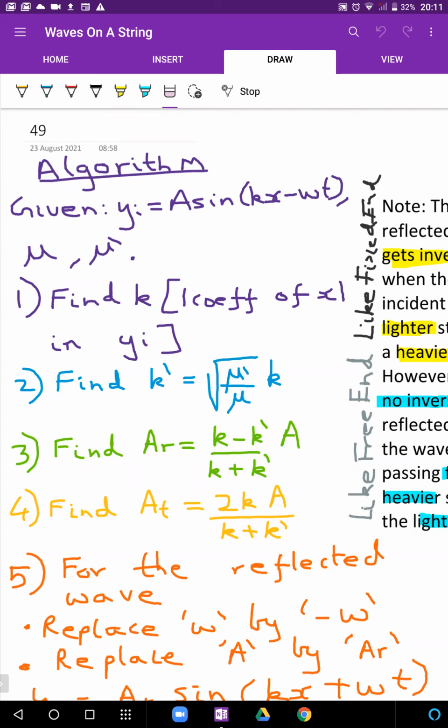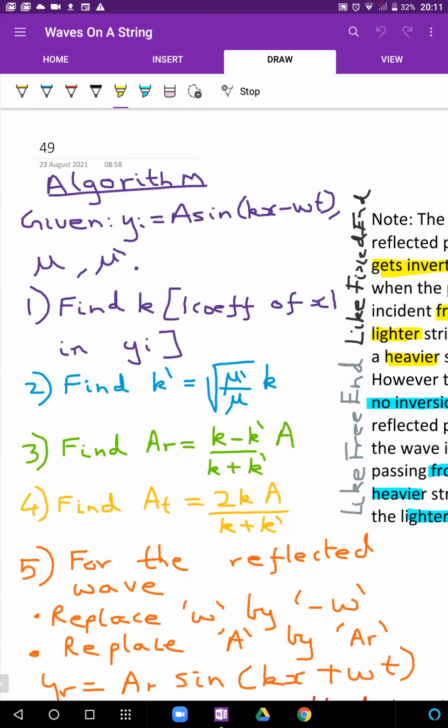Find AT. AT is 2k a upon k plus k dash. That's the fourth step. तो फॉर्मूला के हिसाब से AR AT निकालना है. फॉर्मूला प्लीज याद कर लो. ओके, फिर